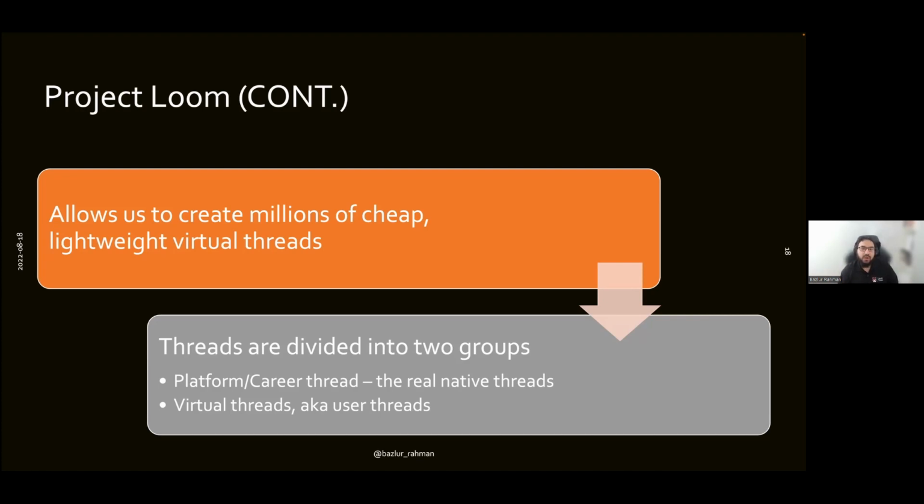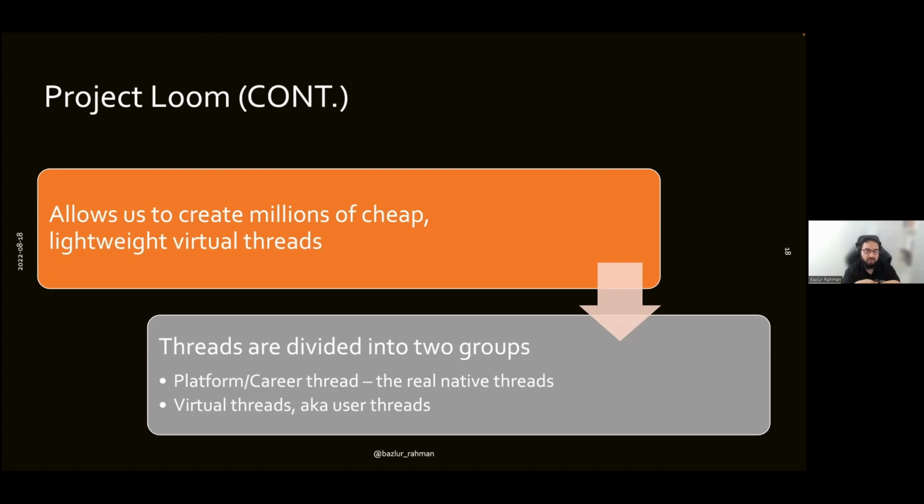So now, does that mean we are not going to use the traditional threads anymore? Well, Project Loom is going to be in our JDK, and it is available now as well. You will find this in JDK 19 and 20, but they are under preview feature, so you have to enable preview.